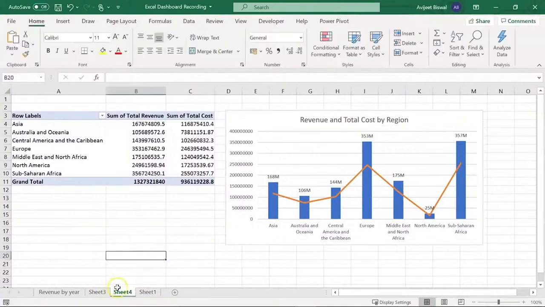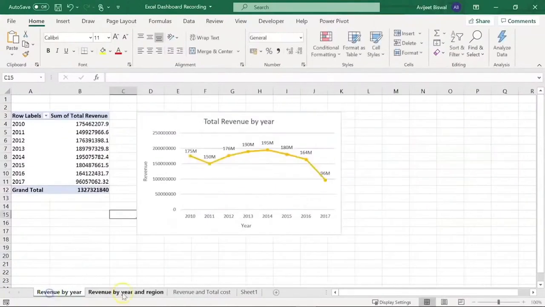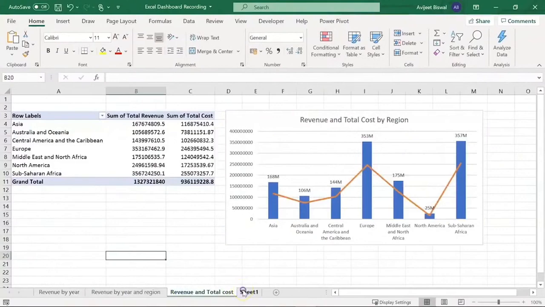Before moving ahead, let me rename the sheets as well. I'll write revenue and total cost. Similarly, sheet 3 also I'm going to rename it as revenue by year and region. So this makes your sheet more readable. Alright, now moving ahead,